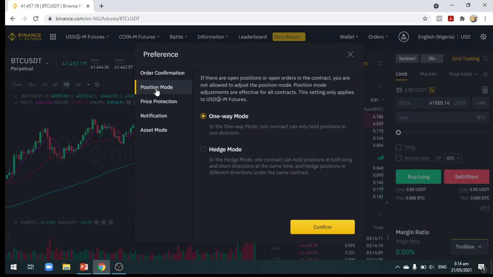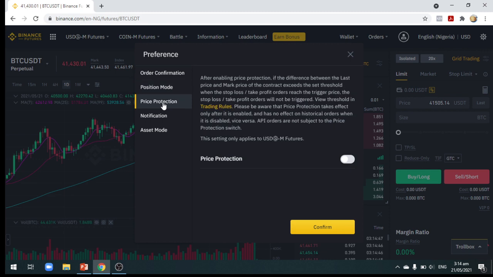So the position mode here, you're allowed to change between one-way mode or the hedge mode. Now, in one-way mode, one contract can only hold positions in one direction. In other words, with one-way mode, you are only allowed to hold positions, say to take a buy position or a long position or a short position. But in hedge mode, you can go both ways, either to go long or to go short, as the case may be. So you want to choose between one-way mode or hedge mode, and then you come over to price